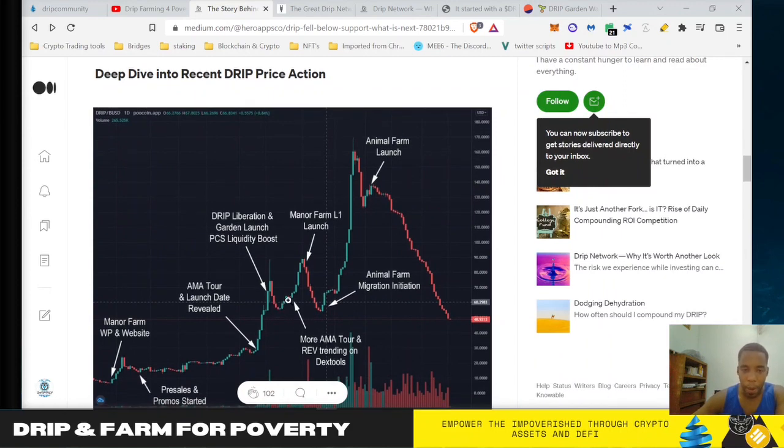And it starts to pump again once the Manor Farm launch, because whenever it starts to pump, people take their profits as it pumps and put it into the new contract or application or whatever came out. So same thing happened here whenever they were talking about drip liberation contract being created, the sword and shield protocol, basically the drip BUSD. They took profits on drip, put it into that, so it tanks.